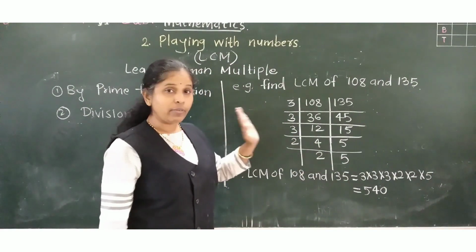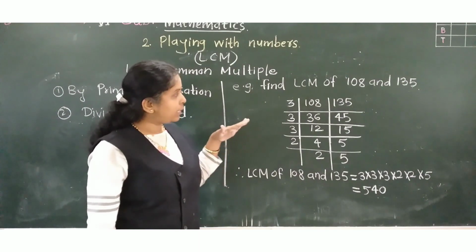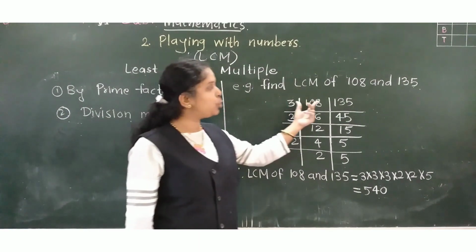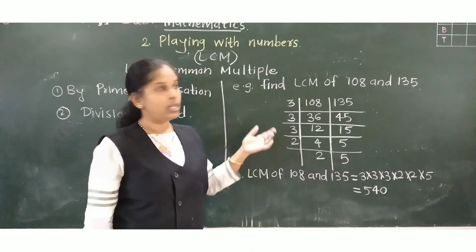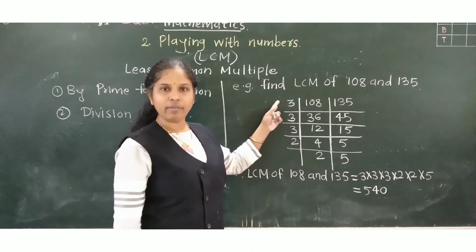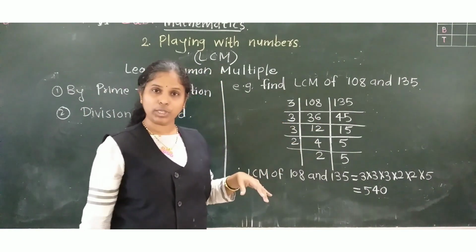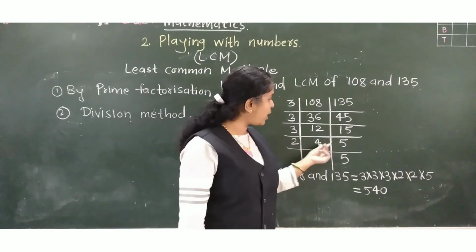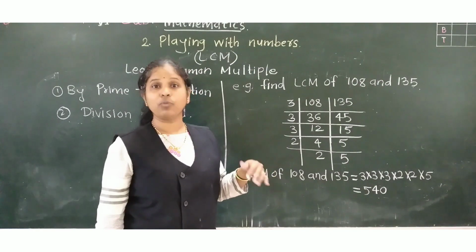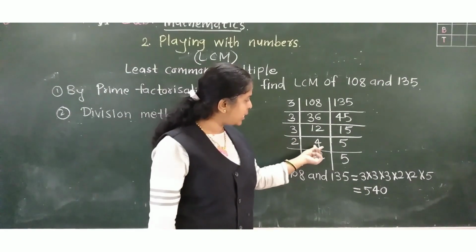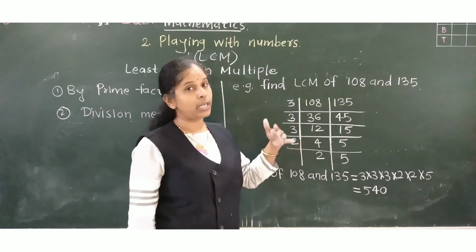Okay. What did we do? Again see. Again just get into the mind. Two numbers at a time, by which prime number we can divide. That's it. And divide by that. At a time we have to go on dividing. Now here see, here the situation came where 4 and 5 at a time we couldn't divide. In this situation what we have to do? We have to divide the number which is divisible.